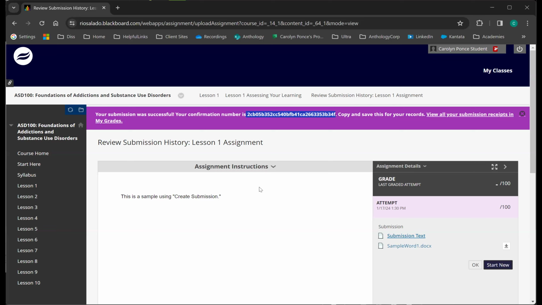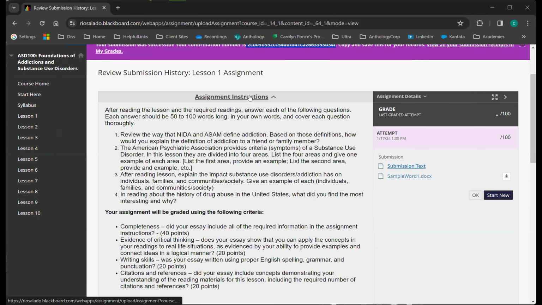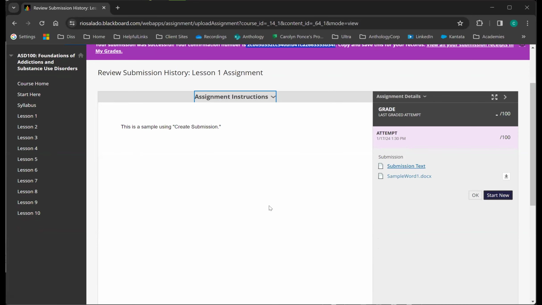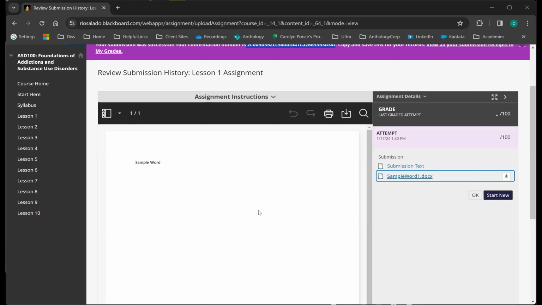Now, within the assignment submission for the student, what they're seeing here, they can access the instructions again. They will first land on any submission text that they provide, and then they're able to review that document. So it is an inline viewer, so there may be some conversion as they're viewing it. And then they're able to see their grade.